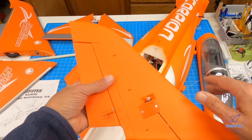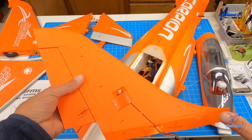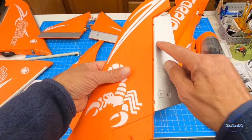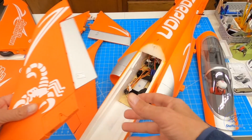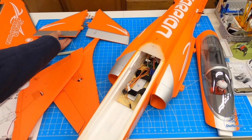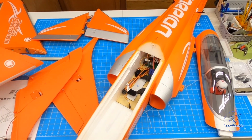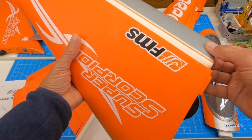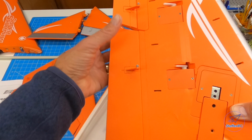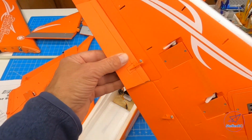Everything I've already taken out of the box and examined a lot of it. There's no flaws. It travels great. Love the way they pack. Solid hinges. Not foam hinges. The only foam hinge on it is the flap. So the flap is a foam hinge. I'm not overly worried about that. Everything else is quality